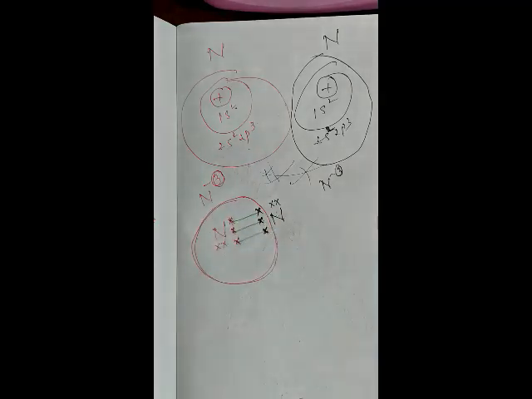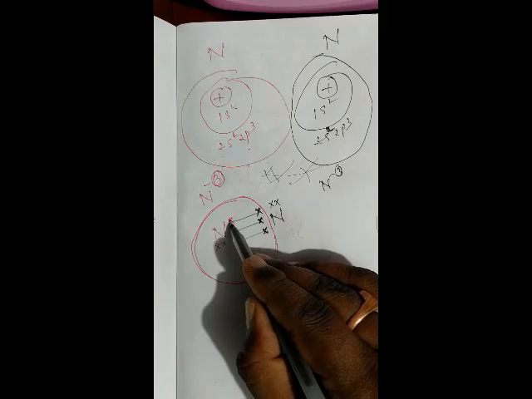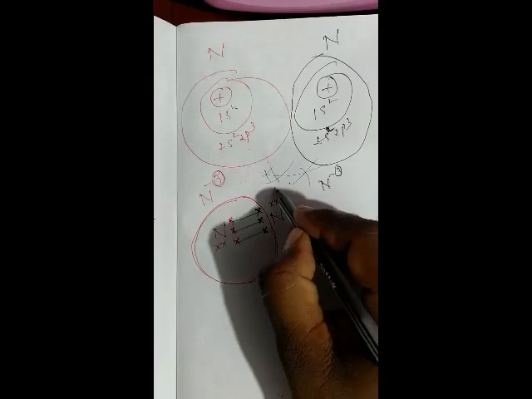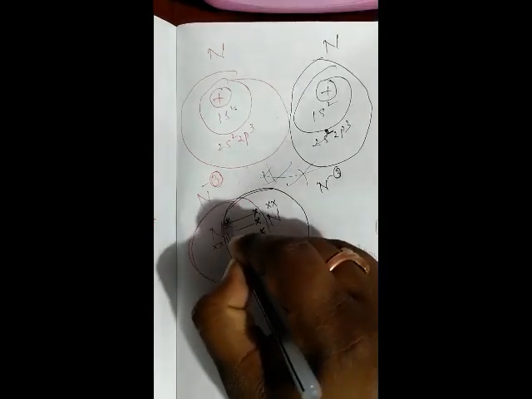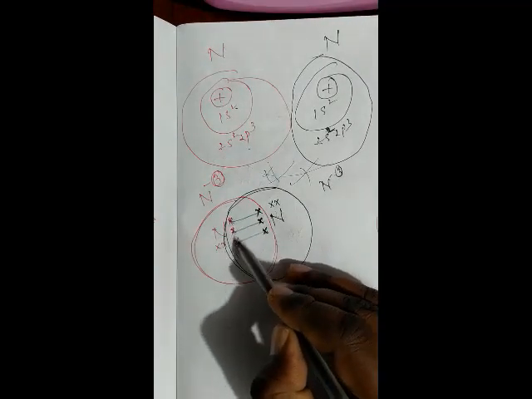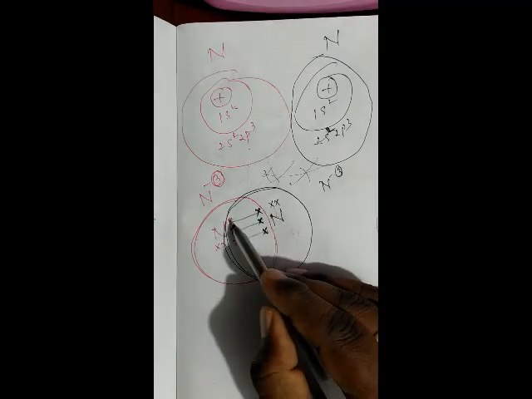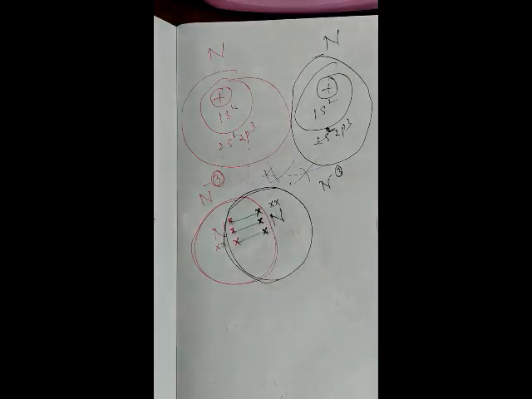Now the second nitrogen atom. The electrons which are written with the red pen also belong to this nitrogen atom. So see this black circle and the rest. Count here: 1, 2, 3, 4, 5, 6, 7, 8. 8 electrons. So the atom which contains 8 electrons in the outermost orbit, that atom is completely stable.